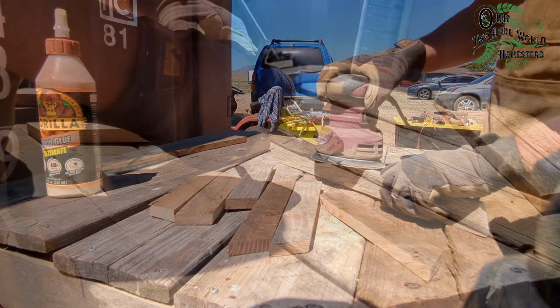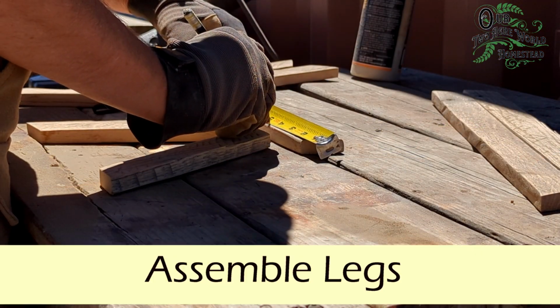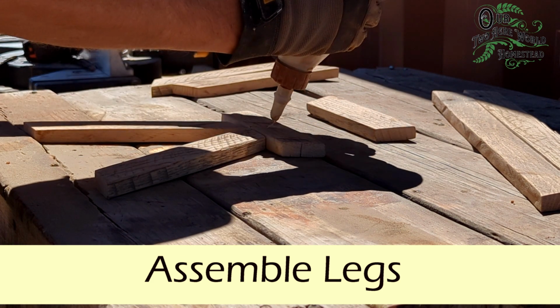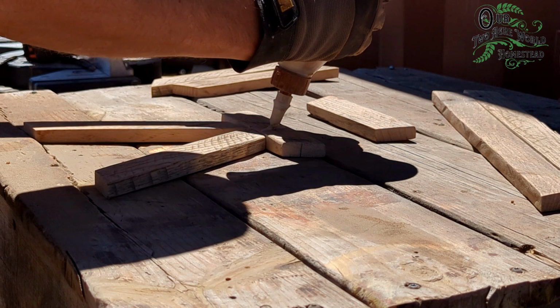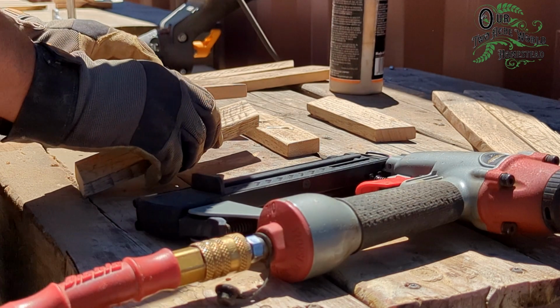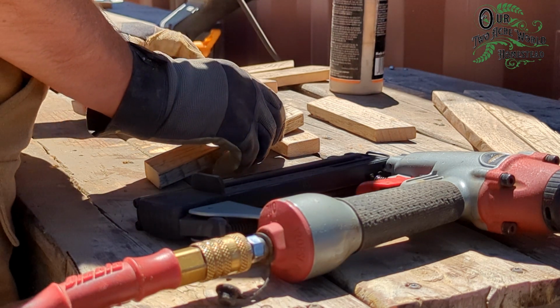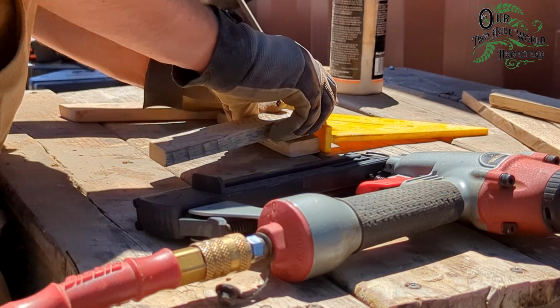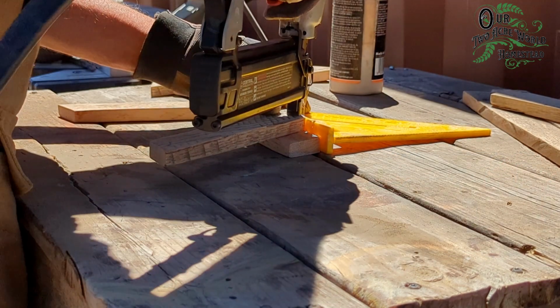Get those sanded. Then I'm going to make a mark on center of the top leg brace, and then I'm going to simply line up the table legs onto that center mark on top of that leg brace. I'm going to glue everything up. Go ahead and get it nailed. Probably would have been best if I had a little support board underneath these, but